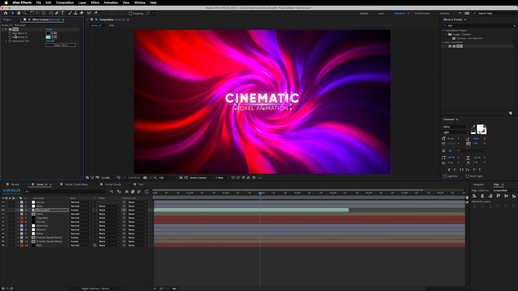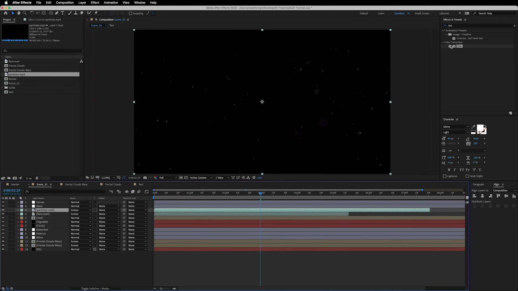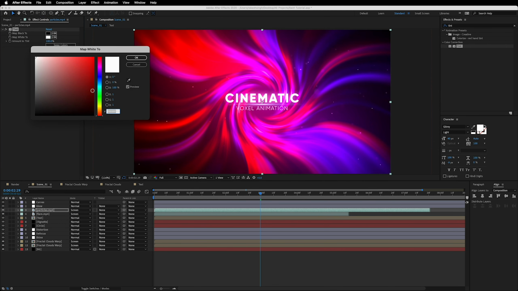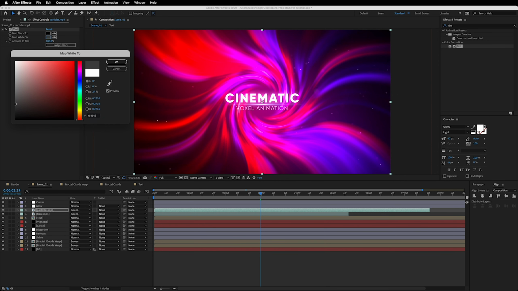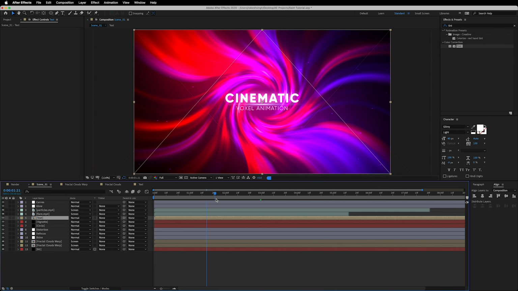Hit OK, and we'll again go back to this project window, and this time we'll drag this particle footage into the timeline like this, and then again set this mode to screen, drag the tint effect again onto this layer, and we'll quickly pick up this color picker, and this time we'll grab any color from this composition, right? So I think we can select this purple color from here, I guess. Yeah, this looks good, and then hit OK, and after this we'll select this text layer, and we're going to place